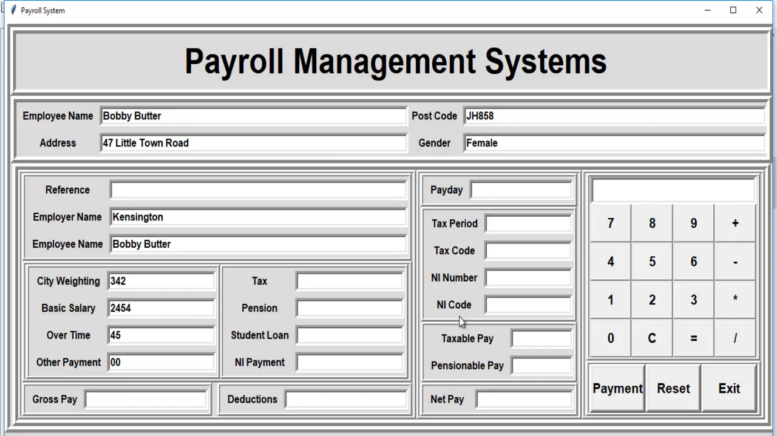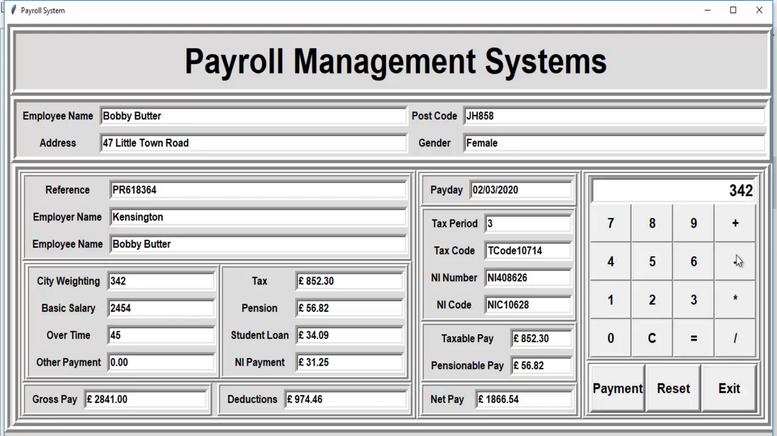Yeah. And there, all we just need to do now is to click on payment. There we go, guys. Look at that. We can add this up to validate the gross pay there, plus 2,454 plus 45. There we go, guys. So with that, I'm going to call it the end of this